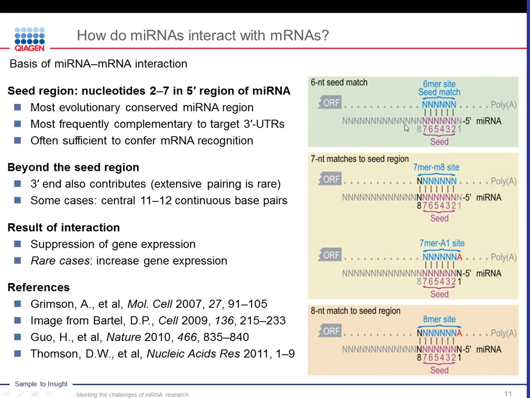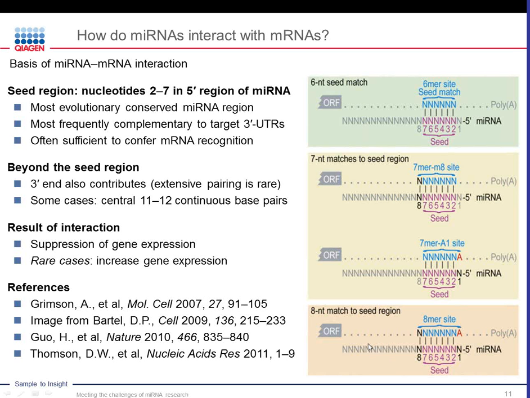On the right, we have a variety of seed region matches. The basic interaction is again nucleotide positions 2 through 6. A stronger match is the 6 nucleotide match augmented by an A in position 1. Stronger yet is the 6 nucleotide match augmented by an additional base in position 8. And the strongest match is the 6 nucleotide match augmented by an A in position 1 and an additional base in position 8. Beyond the seed region, the 3' end of the microRNA can also contribute, although extensive pairing is